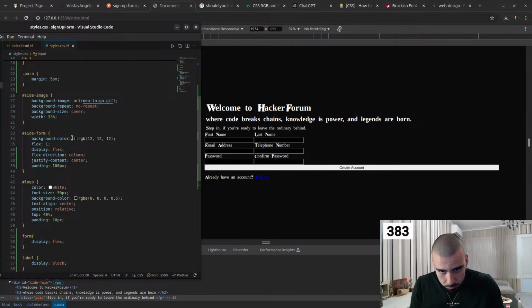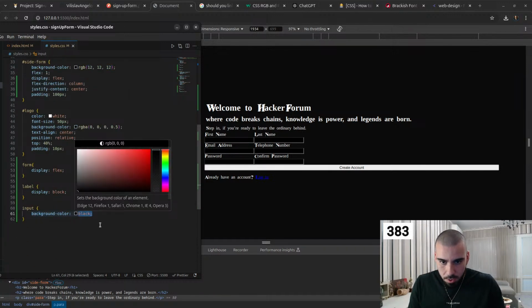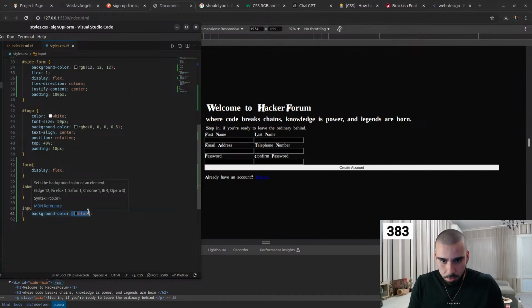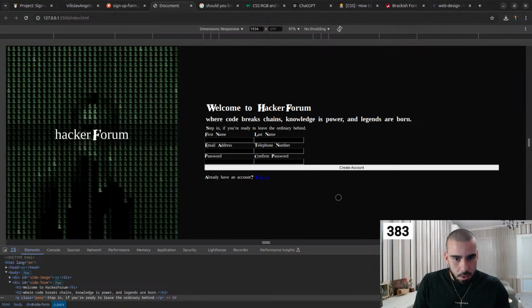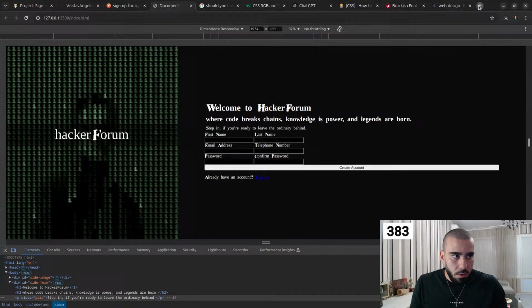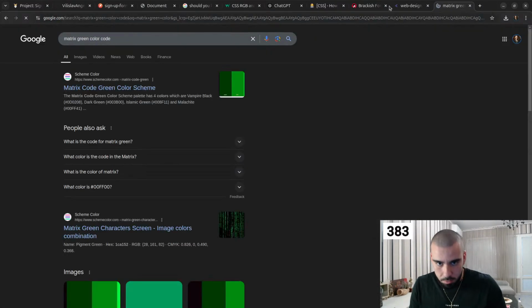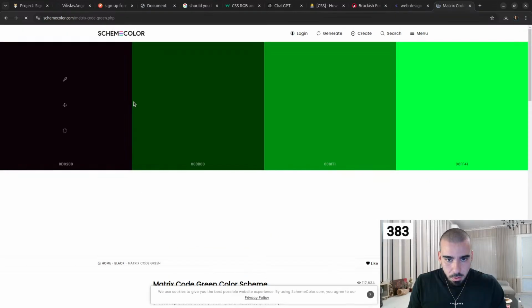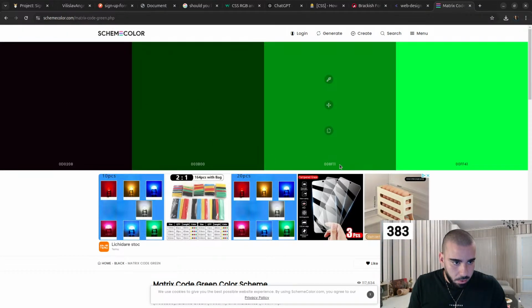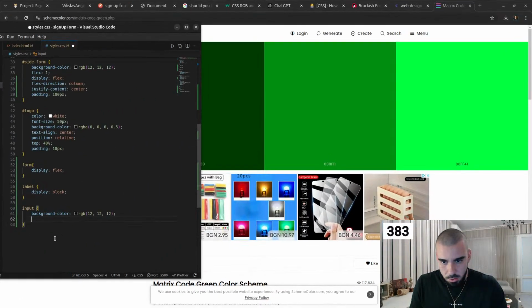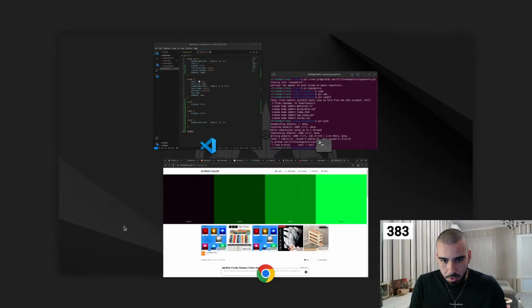So instead of that, I think we will use the RGB, and then I think we have to define a global matrix green color, so they have the dark green, and we can maybe copy both of these and put them in a variable,